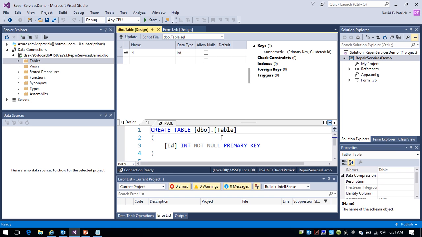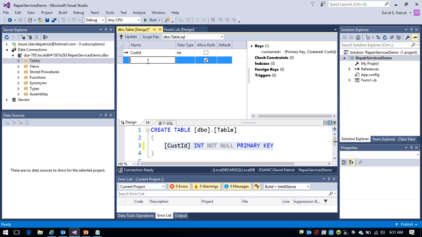You can use either one, right? So I can come down here and give it a name. What do they want us to call this one? Step 5 has us adding the columns. Let's follow the steps. So in step 5, under the column name heading, I'm going to insert the database columns shown in the figure. So it looks like cust ID, name, and phone. So this is cust ID, name,